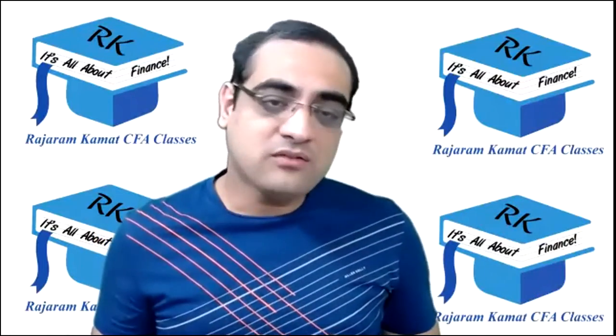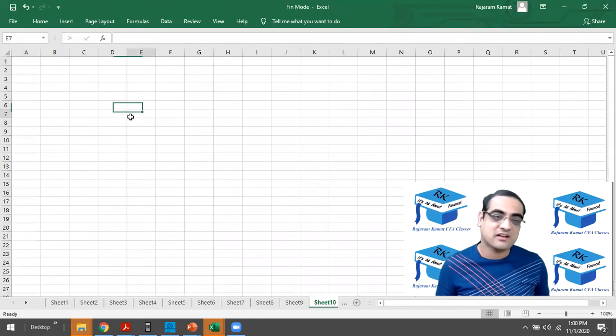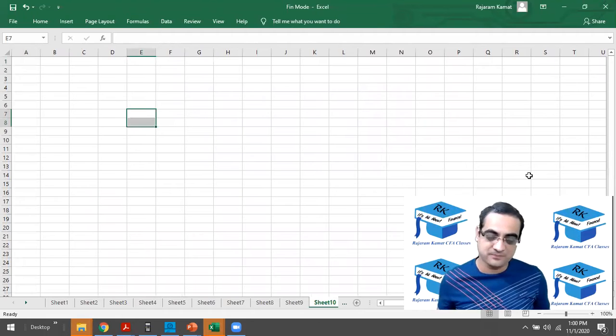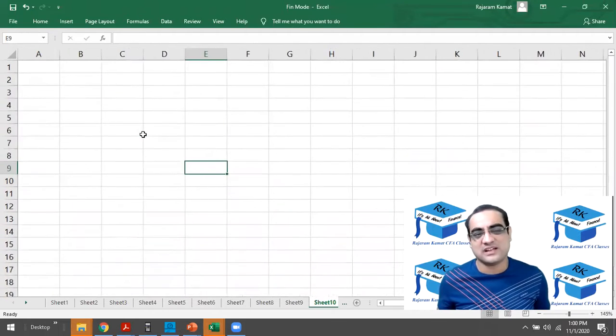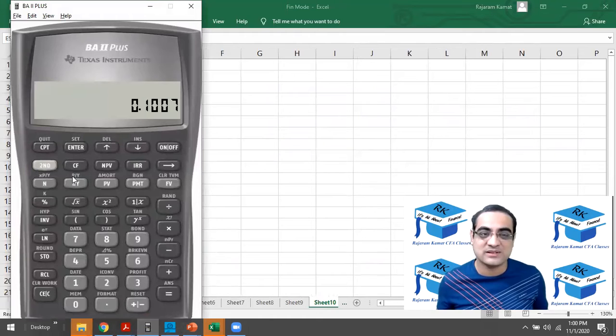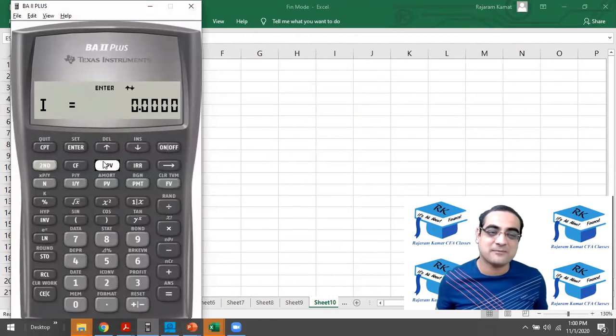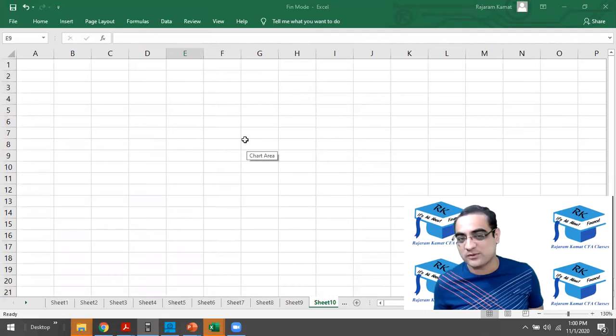All right, so now I'm going to go for a completely different part, which is your NPV and XNPV. I think everyone knows NPV; NPV comes on our calculator. This is our favorite calculator, the 2,800 rupees calculator. You press CF, then put in the numbers and then press NPV. So this can be done on the calculator.